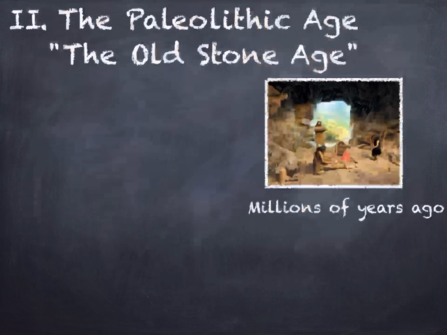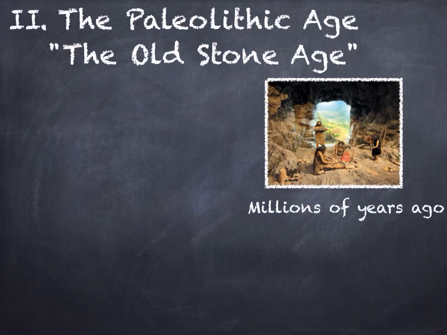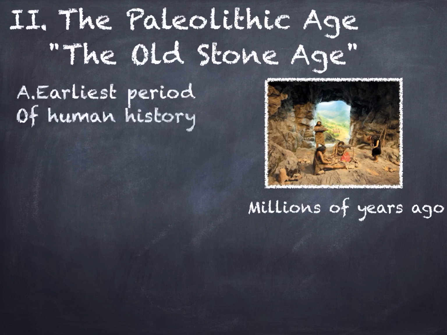Now, the third part of class is we're going to get into the first time period in prehistoric times. Now, historians and scientists call this the Paleolithic Age. That is the big boy and big girl name for this time period. It's also called, and we're going to find out that these prehistoric ages, and there were three of them, were called Stone Ages. So the Paleolithic Age is also called the Old Stone Age. Now, from a historic and scientific way of thought, this is the time period on Earth that happened millions of years ago. Now, it's the earliest period of human history,